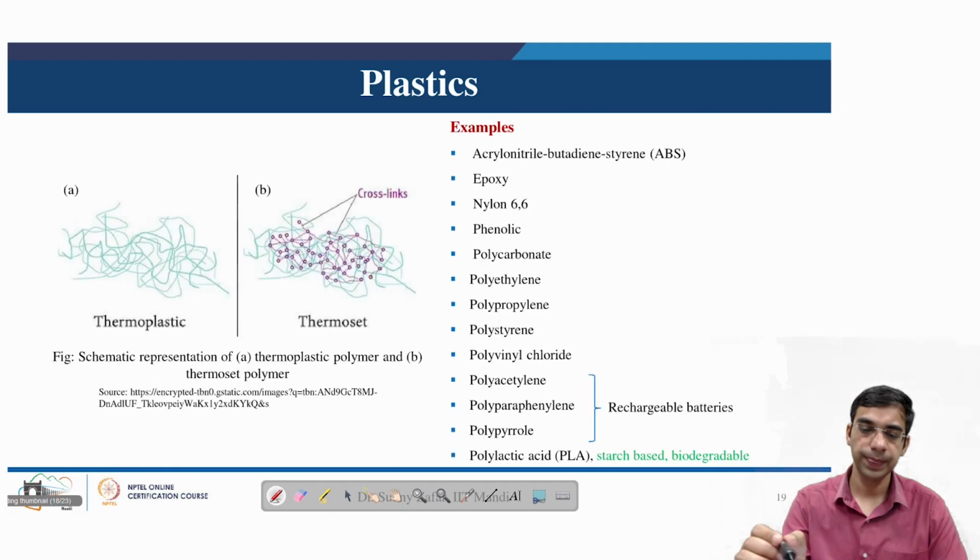make it again. Here we can see the difference between the bonding in thermoplastics, where the long-chain polymer molecules are loosely bonded, and in thermosets, where the long-chain polymer bonds are interconnected by the crosslinks that are developed, because of which it cannot be demolded. Here are examples of the polymers used in several engineering applications.